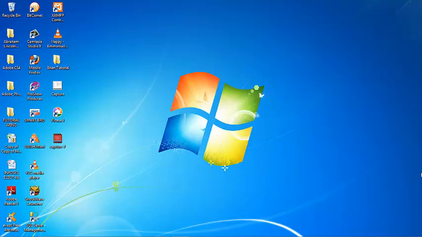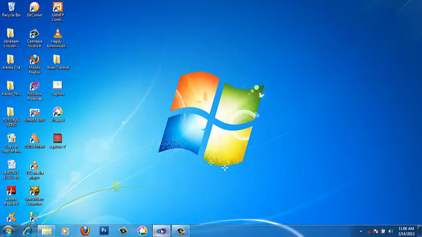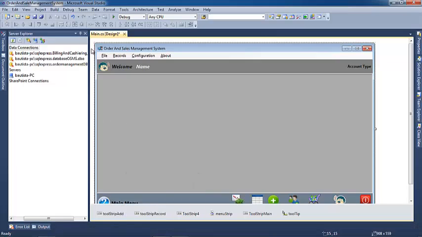The first thing you do guys is just open the application, Visual Studio. After that guys, as you can see there is a form here. This is where my picture box is to be placed. So if you want to place a picture box guys, just follow my instructions.